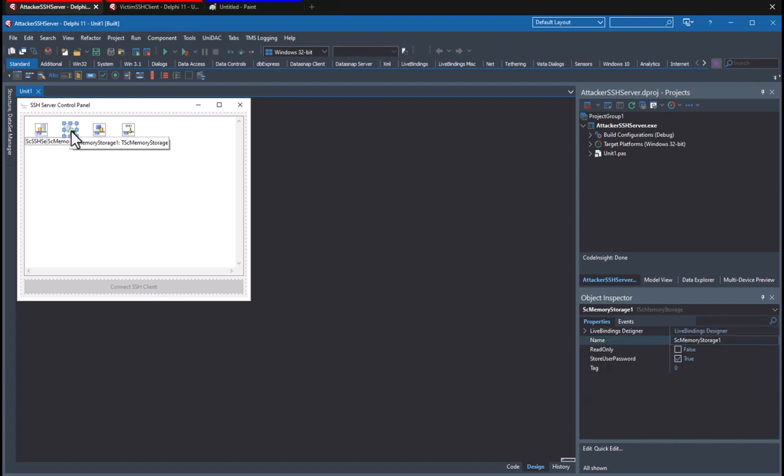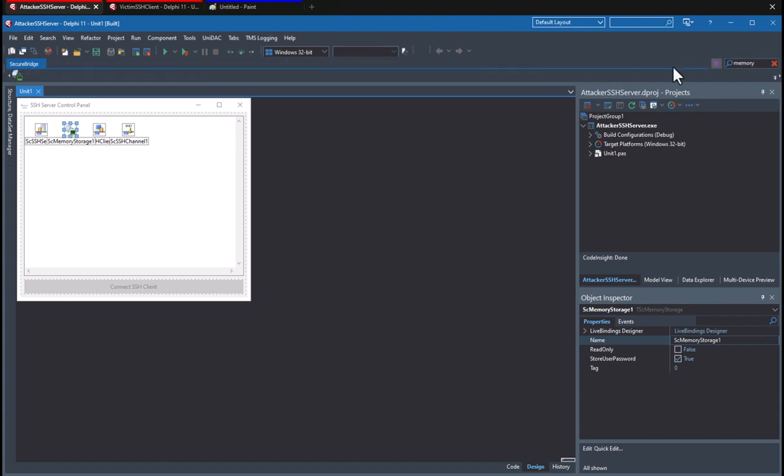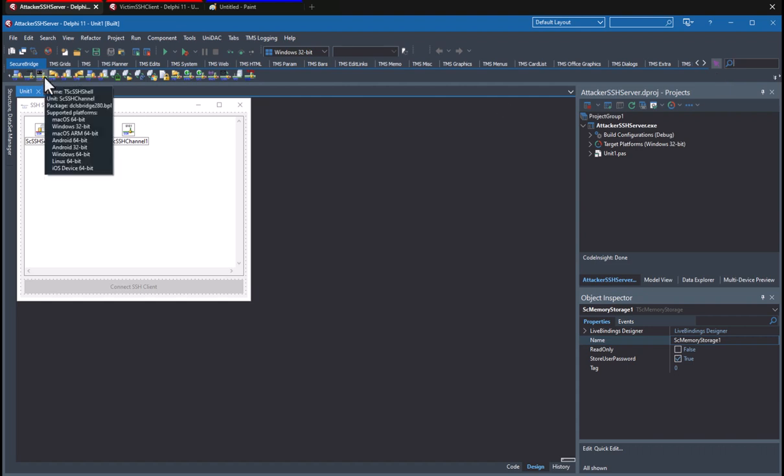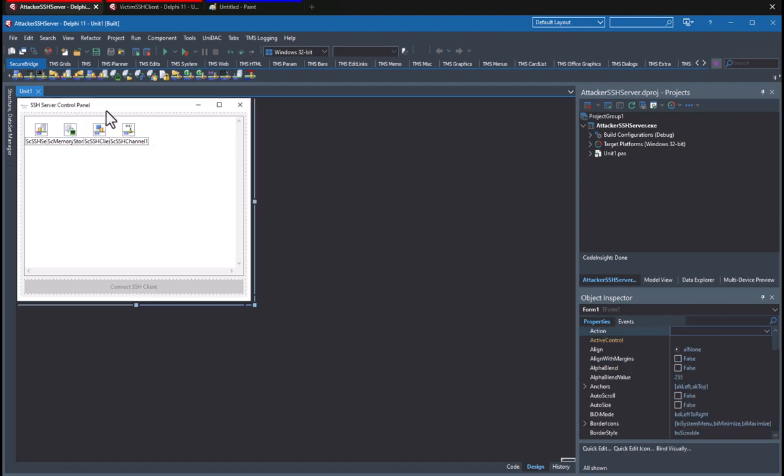We have a memory storage where all of our usernames, certificates, all of our SSH information is going to be stored only in RAM. This is the really cool part. Now, for those of you out there who are building business-related software that really needs to work behind, say, a business firewall, and you're doing this for legitimate purposes, and this is not, for example, for IT cybersecurity education, you